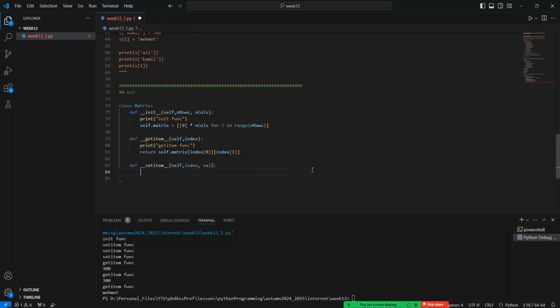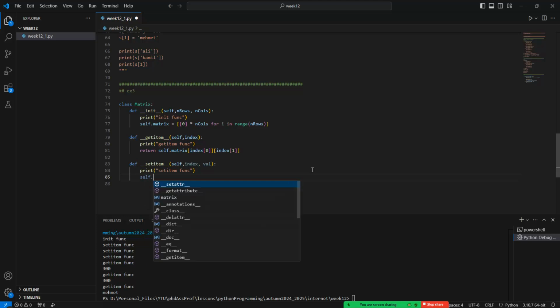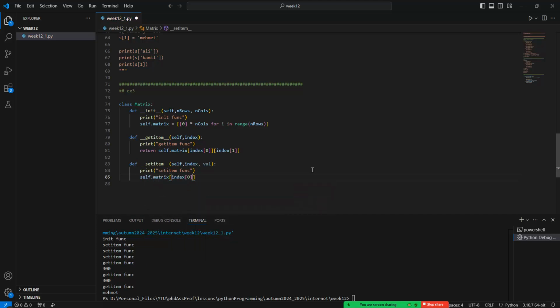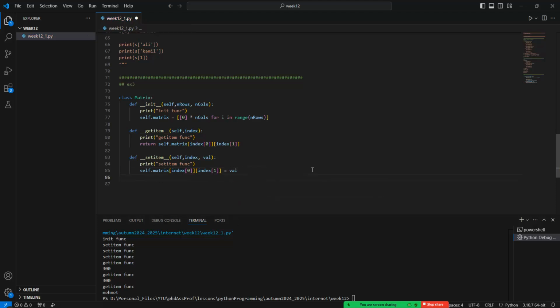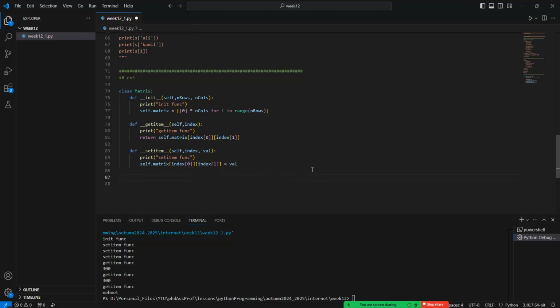Okay, and also the print set item func and self matrix index 0 and also index 1. Okay, we can assign it,